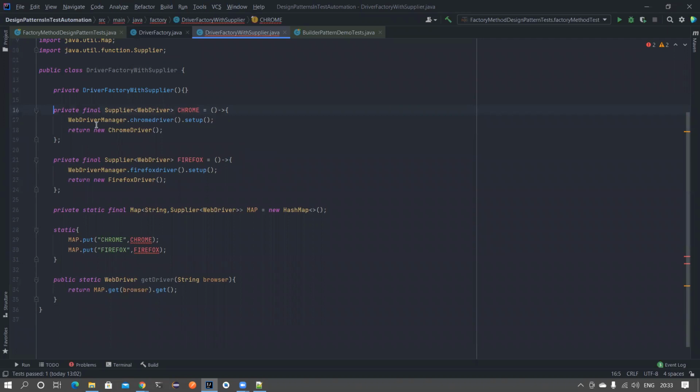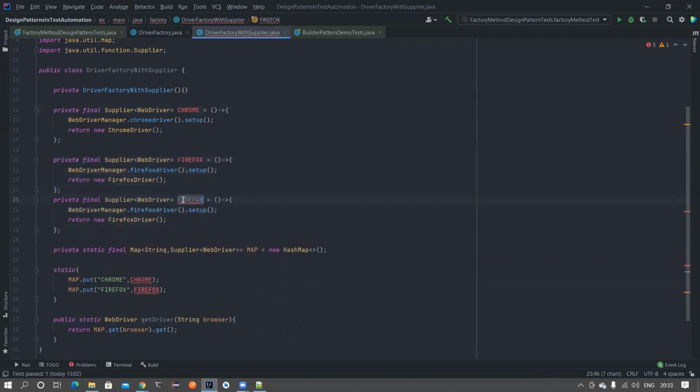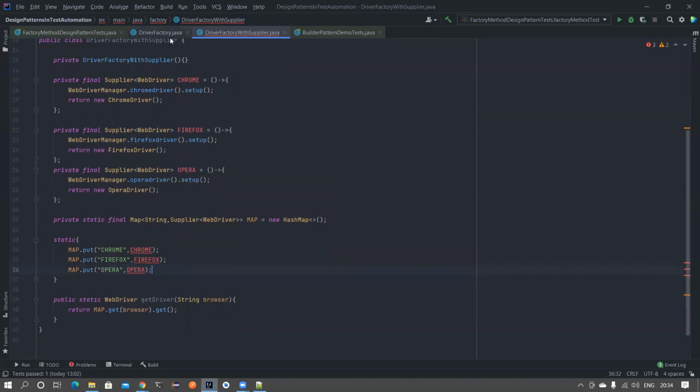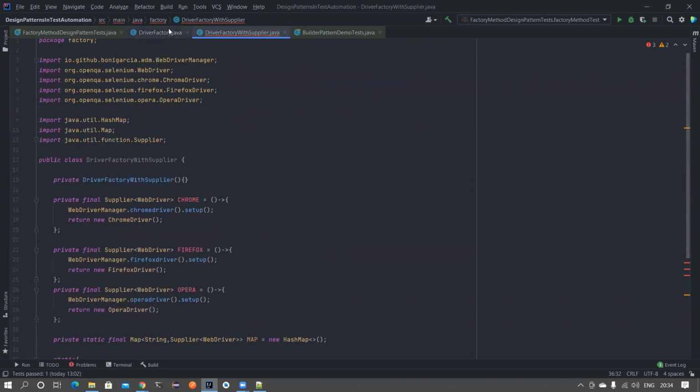Good. Once I loaded all this value, they have to just call this. Suppose if there is a new requirement, what I have to do, I have to add one more inline variable. Let's say Opera. And then here I need to tell Opera driver dot setup, and then I need to call Opera driver. As simple as that. And then I have to add one value here. That is, if someone is telling Opera, I'll give them Opera back. Yeah, very simple. Now let's go to the code, and then we'll use it in our code.